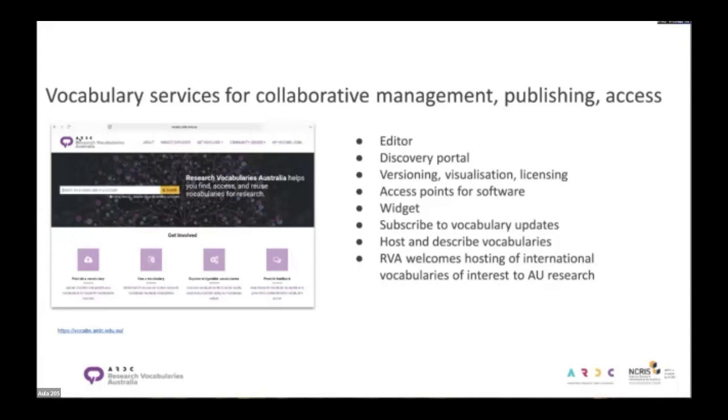A subscription service: one may subscribe to a vocabulary or a publisher to receive updates on new versions of a vocabulary or new vocabularies that have been published. RVA welcomes hosting of international vocabularies of interest to Australian research. If you may be interested in using the service, you're most welcome to get in touch.